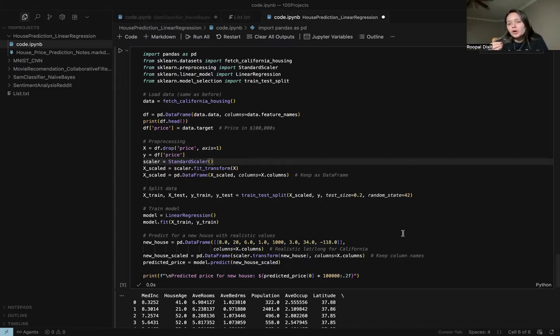It's a machine learning model that finds the best straight line to predict the dependent variable based on the independent variables. Think of it like drawing a line through a bunch of dots on a graph to capture the trend. As an analogy, imagine you are a real estate agent with a ruler, and you measure features like house size and number of bedrooms, and it predicts the price for you. Linear regression is like that. It finds the best line that connects features to prices.